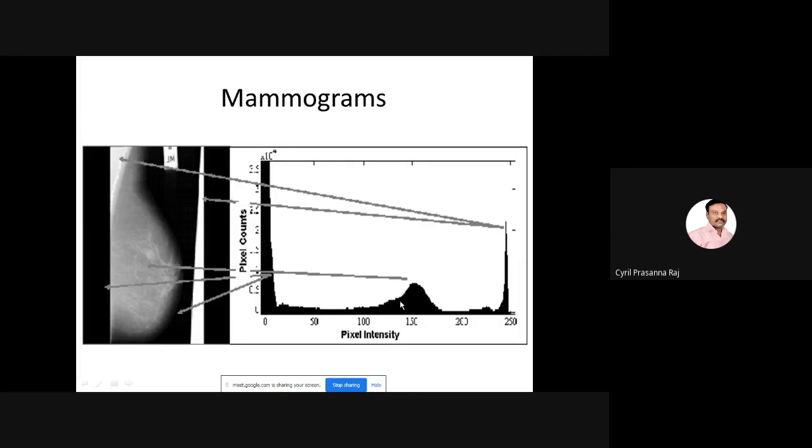For example, it is expected that all the cells or all the intensities in this region should be gray in color. But there may be a small white patch here, or a small white patch there. Whenever there is a small white patch, suddenly there may be a peak occurring at these locations. Such peaking indicates that there is an abnormality in the given tissue. That helps us in detecting abnormal activities in a given image. So histogram is a very important technique for processing images.